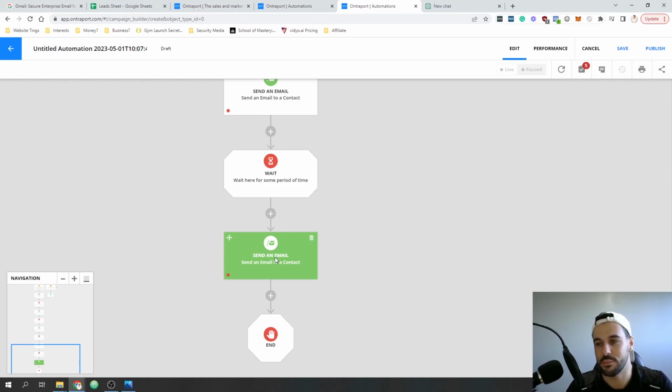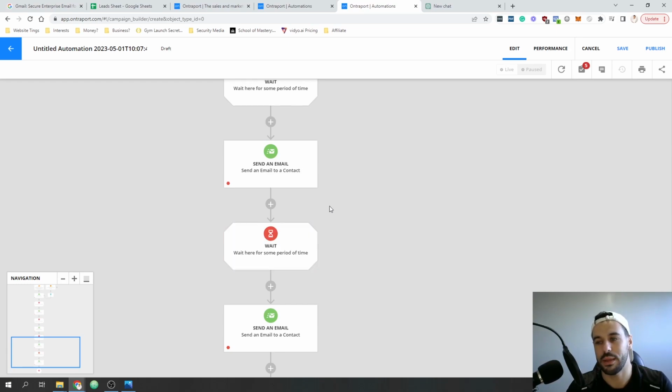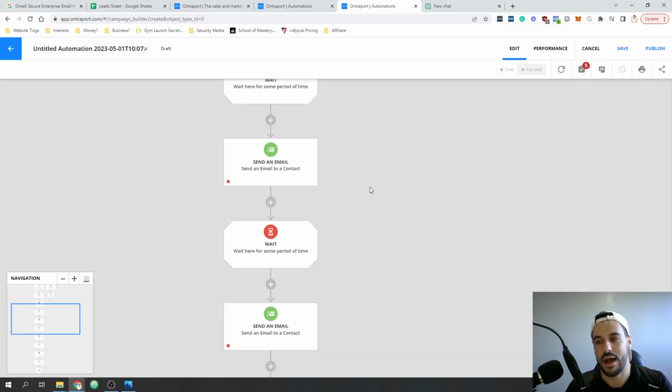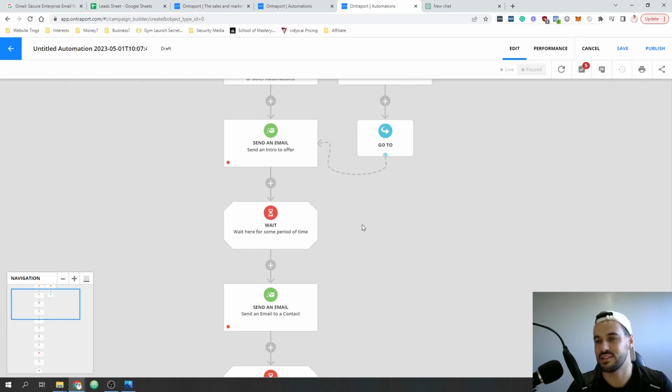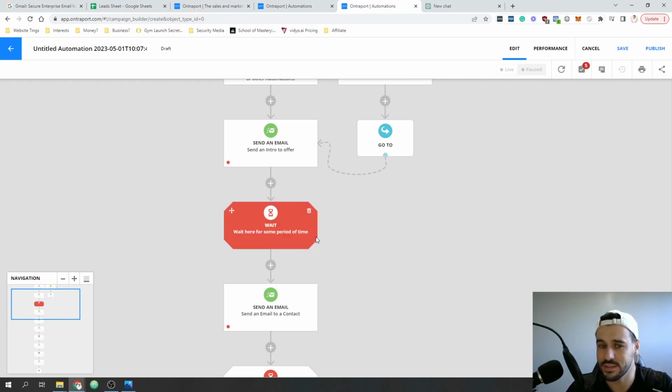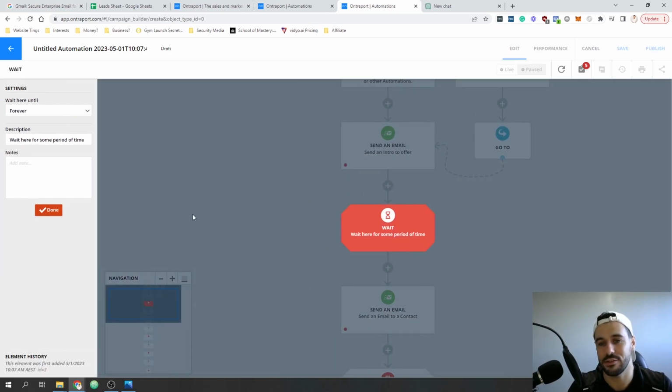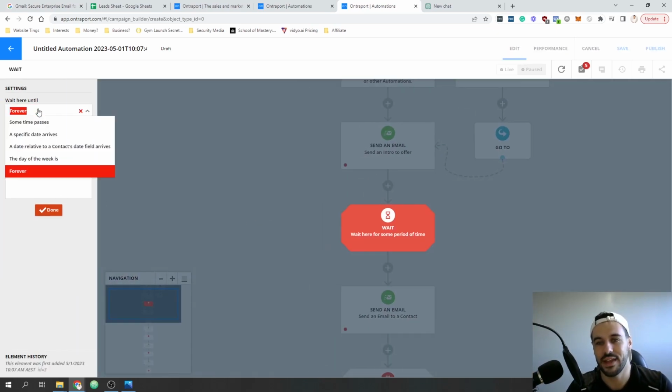Now then comes the question, well, how long do people wait between these? Because at this stage it just says wait sometime. Realistically, when you're introducing a new offer and you've got a shorter sequence like this, you're going to be looking at 2 to 3 days between emails. Now you can extend that out to 5 to 8 days. However,